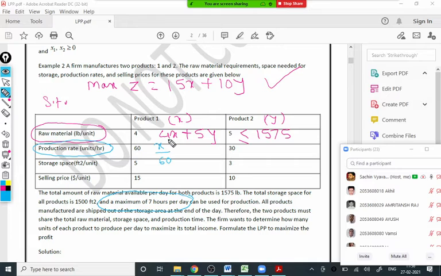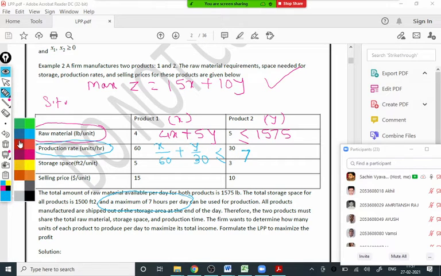Now how many hours do we require to produce Y units? Yes, Y by 30, correct. So Y by 30 is the number of hours we require to produce Y units, and that is less than or equal to 7, the maximum number of hours available. So that is the second constraint. This is a tricky constraint, where you should focus on which part you are writing the constraint for: the number of hours. So the LHS also we converted into number of hours. X by 60 is the number of hours required for product 1, Y by 30 is the number of hours required for product 2, and that should be less than or equal to 7.